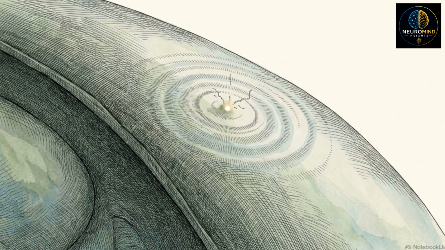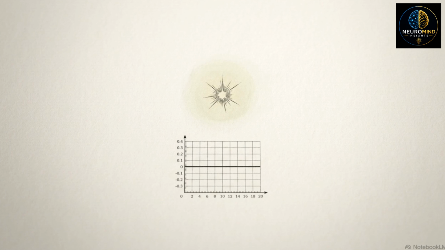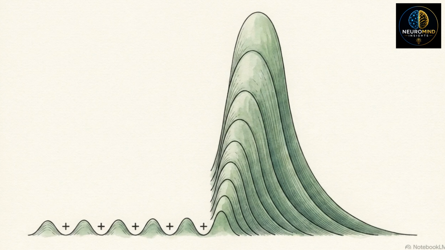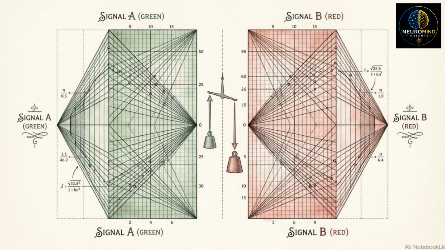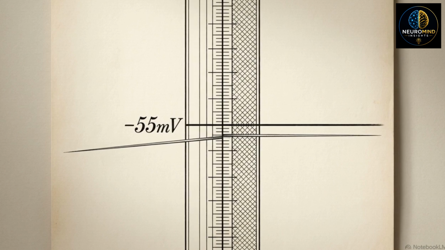A single EPSP only shifts the voltage by a fraction of a millivolt. It is too weak to trigger a neuron to fire on its own. To generate a meaningful voltage change, the neuron relies on summation, adding these excitatory signals together. Temporal summation occurs when one synapse fires repeatedly in rapid succession, stacking the voltage higher. Spatial summation occurs when multiple synapses fire simultaneously. The target for all this summation is the critical threshold coordinate, -55 millivolts. The neuron acts as an accounting department. It mathematically weighs opposing analog signals until it crosses the -55 millivolt threshold required to make a digital decision.